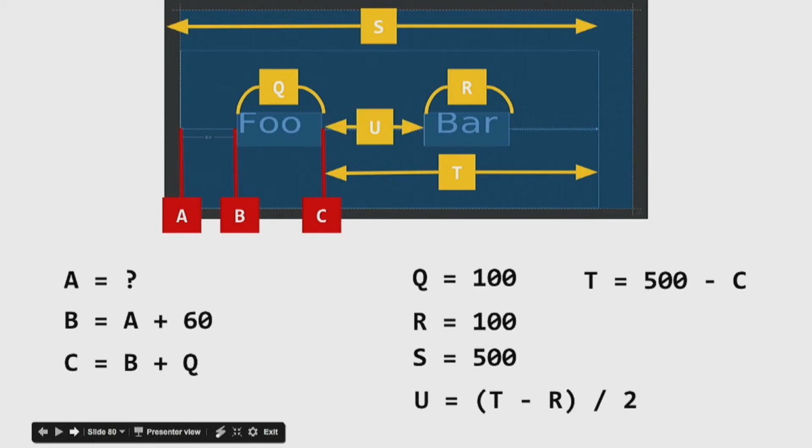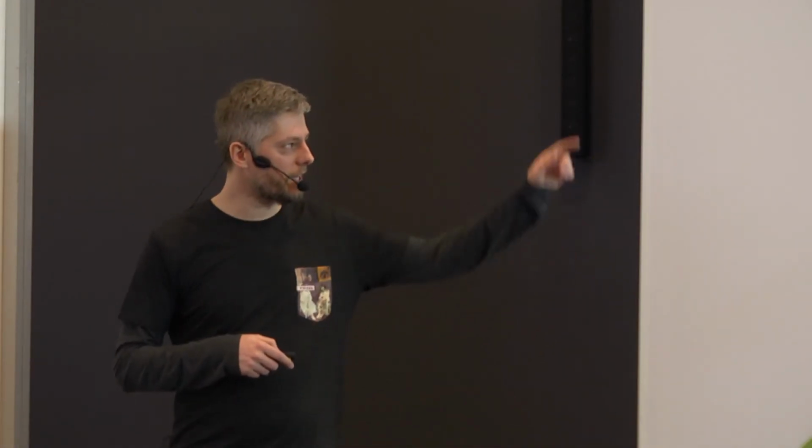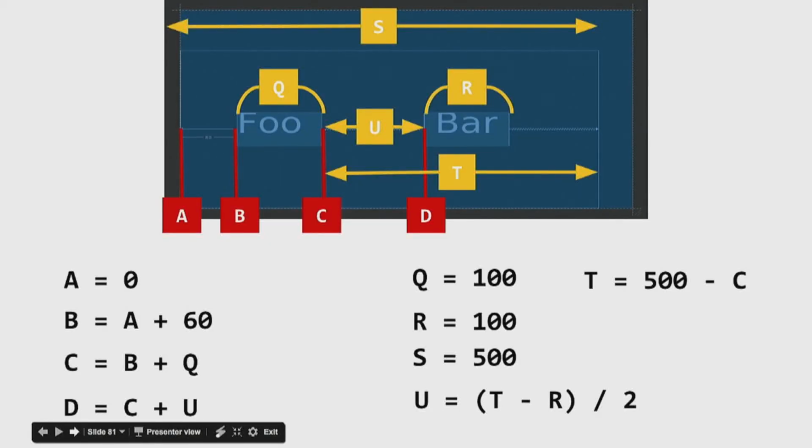And then U, you can trust me on that, that's the value of U. The whole Cassowary algorithm is that they're taking all those constraints and converting them into a list of math equations, or inequalities in the case of more complicated constraints. And then, as you can imagine, A is, oh sorry, there's a D here as well. Anyway, as you can imagine, A is 0